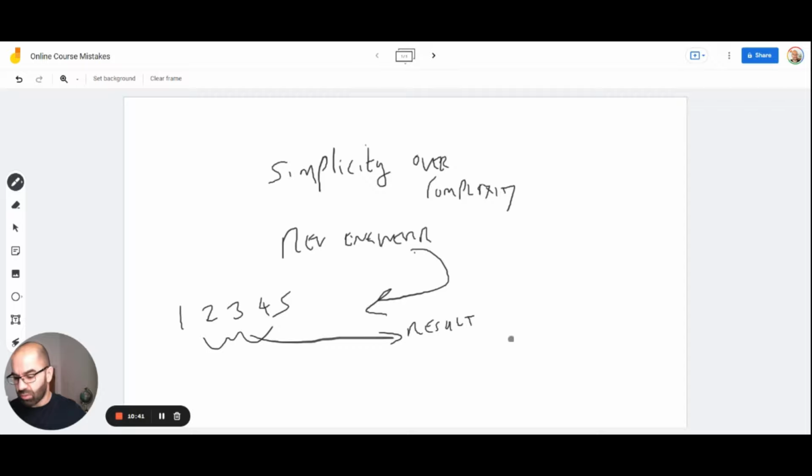You really want to reverse engineer that and ever evolve. Listen, don't be afraid to make another version of the program, or to remove a module, to swap it out. Make a big deal to your clients. Hey, I'm updating this all the time. Reverse engineer where they want to get to, where they're likely to start. How can you get there the quickest, simplest, and easiest? Simplicity over complexity is definitely the name of the game when it comes to cutting out some avoidable mistakes when growing your online course business.